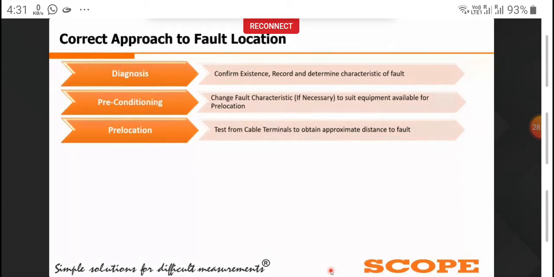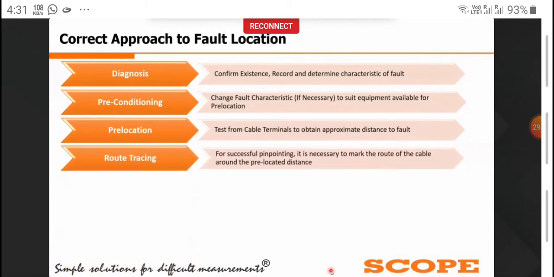For an example, let us consider a cable of length 2 kilometers. In the prelocation stage we calculate the fault distance from one end. Let us consider that in the 2 kilometer cable we get the fault distance as 500 meters. After that I have to carry out route tracing, meaning I will go physically to the 500 meter point, and then I will trace the 40 to 50 meter area by using the route tracing process.